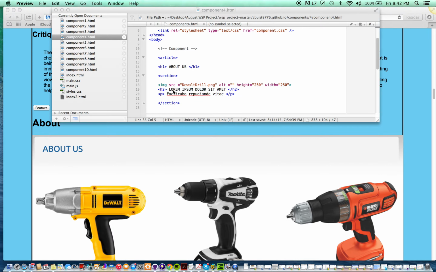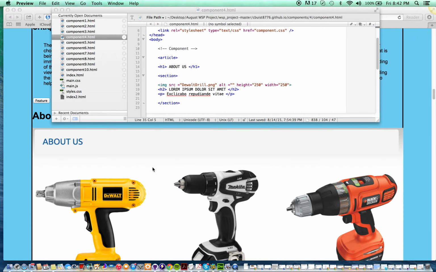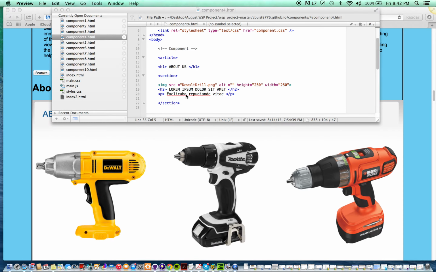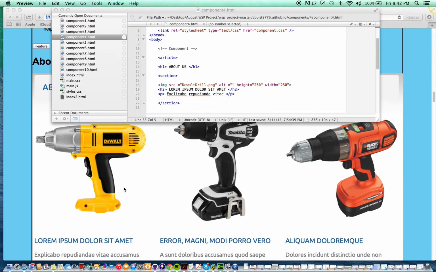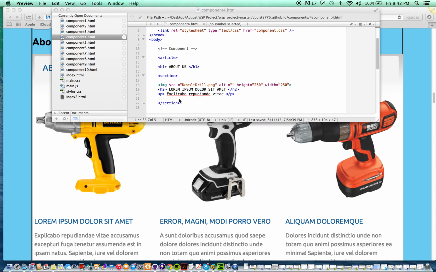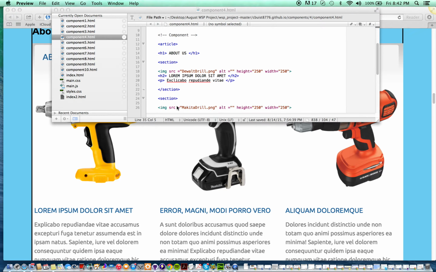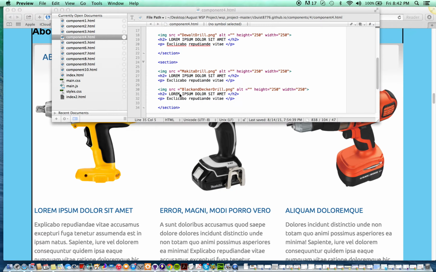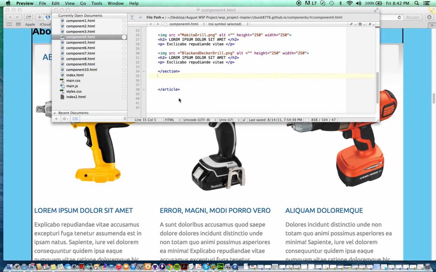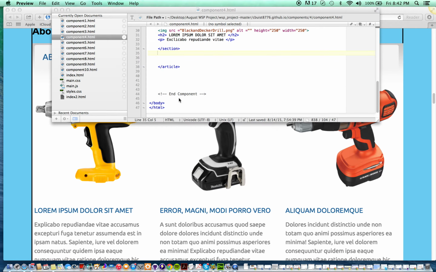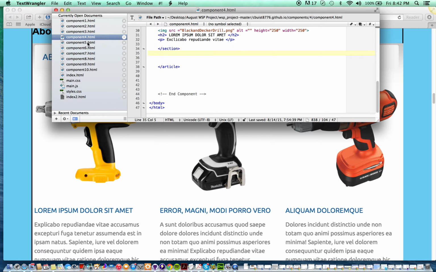Then I created a section inside the article for each drill. We have the picture here for the drill, the lorem ipsum for the H2, settings down here, and then a paragraph for the explanatory text. And I did separate sections for each one, closing off the article at the end. Okay. Component 5,